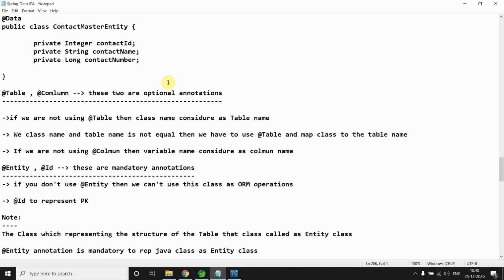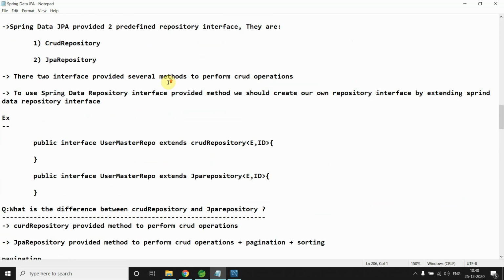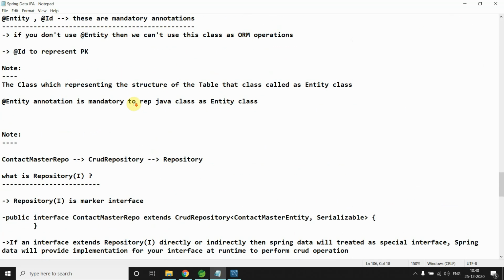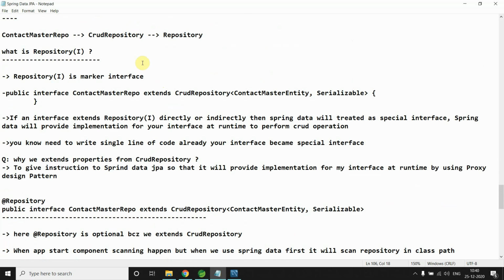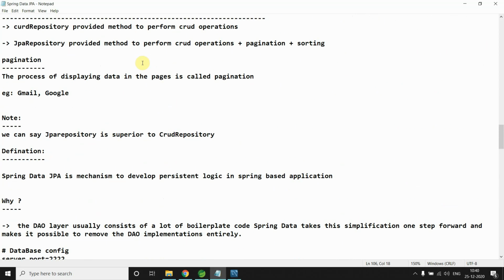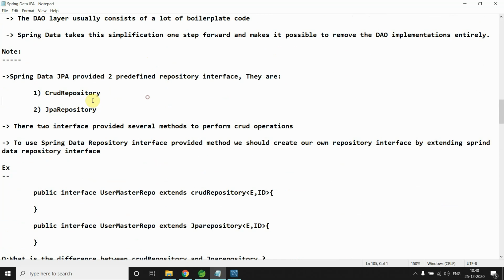Now, one more important question: if we have this repository interface like CRUD repository, then why do we need JPA repository? So if we come down here, let's see why we are using this. I will give you a clear idea. If your requirement is just to interact with your database, then you should go with this CRUD repository.